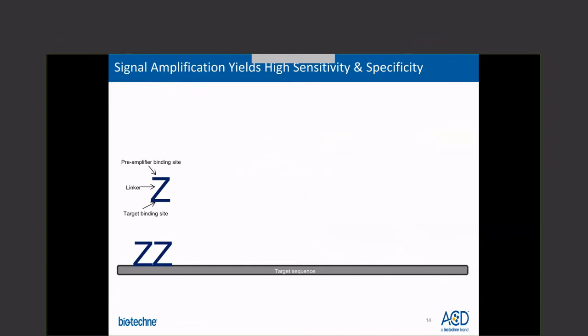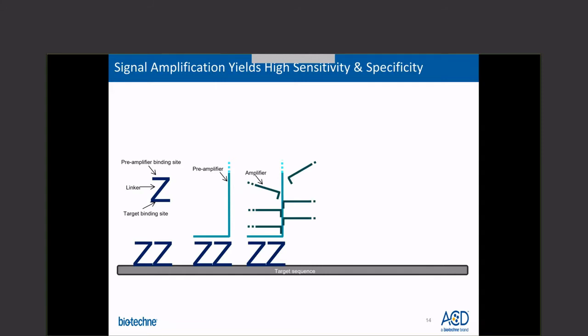Here is the schematic showing the hybridization and the subsequent amplification of the RNAscope assay. The double ZZ probe will bind to the target mRNA transcript. Once the double Z probe binds, it serves as a foundation and binding site for the preamplifier molecule. Once the preamplifier is bound, it serves as a binding site for the amplifier molecules, and each amplifier can further